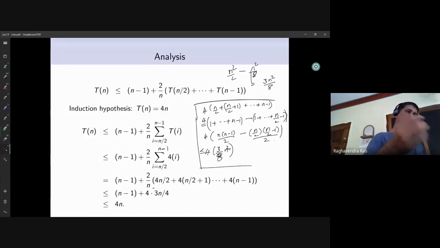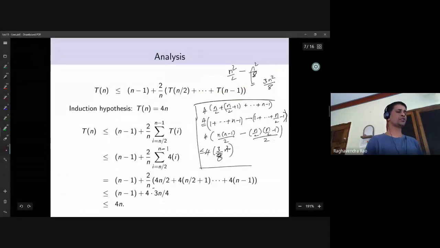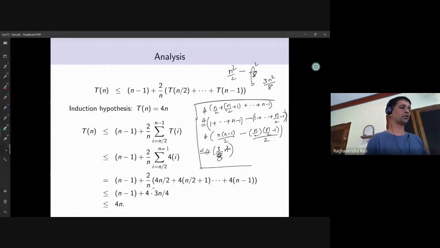So even though in the worst scenario our values are going to be significantly larger than n by 2, when you average it out, it's pretty much equal to what we have as n by 2. Or in other words, you can intuitively imagine that in expectation the array size is shrinking. Because what was the rank of the pivot element in expectation?